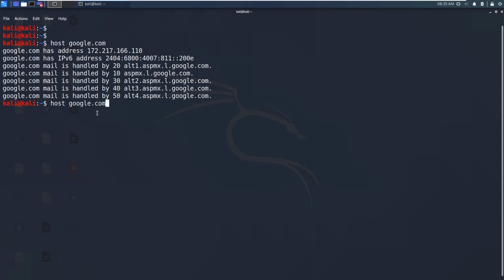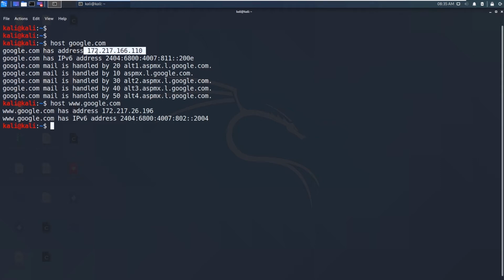One thing you need to remember is google.com is different from www.google.com, and this www is like a subdomain to google.com, and it contains a different IP address. So as you can see, google.com and www.google.com have different IP addresses. You need not test the DNS of the subdomain, but we need to test the DNS of google.com, that means the main domain, not any subdomains. So you need to enumerate google.com only, not any other subdomains.